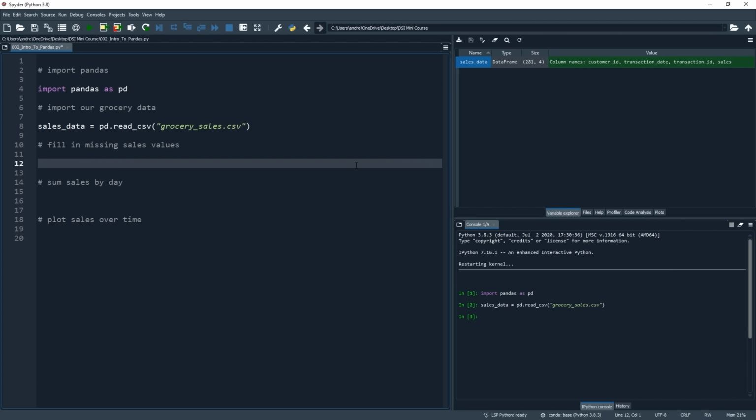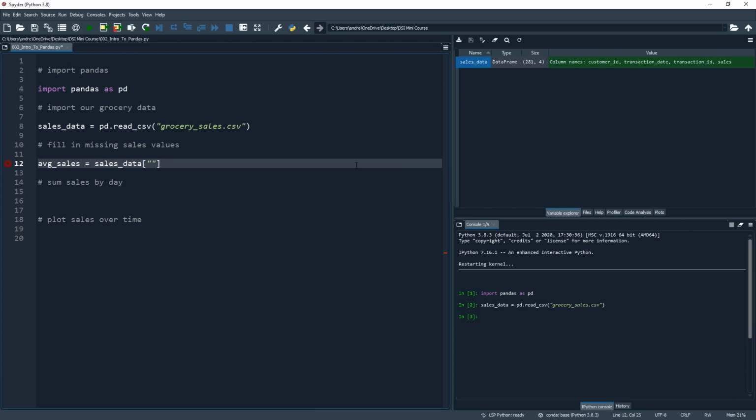Like I said, to do this, we use something called fillna. Before we apply that, however, we want to calculate the average sales value so we can pass this to the fillna method. To do this, let's first create a variable to store this information in, and let's call that average_sales. And this is going to be equal to our data frame name, so sales_data, and then within square brackets, we name the column that we are interested in.